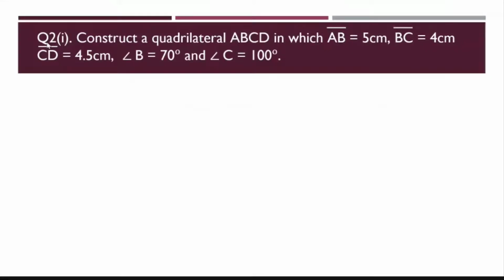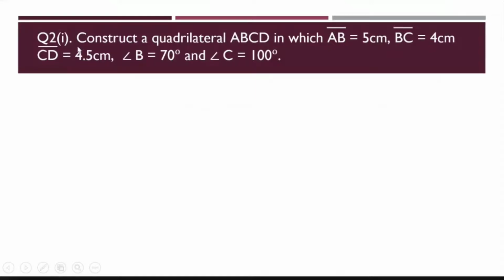Hello everyone, I am doing the second question of worksheet 4 of the chapter on construction of quadrilaterals for class 8. In this question, I need to construct a quadrilateral wherein three sides are given and two angles are also given. The only difference from the previous question is that there the angles were constructed with the ruler and compass. But here the angles are given as a 70-degree angle and a 100-degree angle, for which I'll be using the protractor to construct.